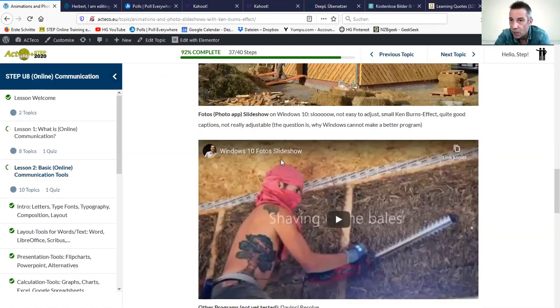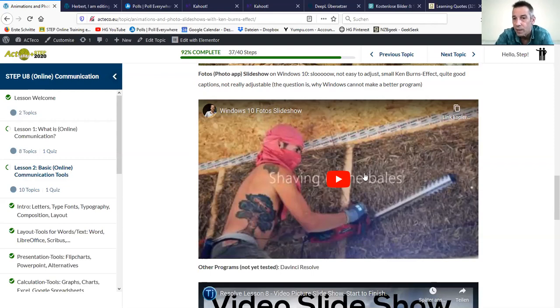You have in Windows 10 under Photos also a slideshow. I didn't know that before, but it's on our computers. If you downloaded Windows 10, and most probably you have as a Windows user, then you have Photos, and in Photos you have also the slideshow, and you have also a video editor in your Windows 10. Similar with Mac users, they also have this photo app, and most probably also other